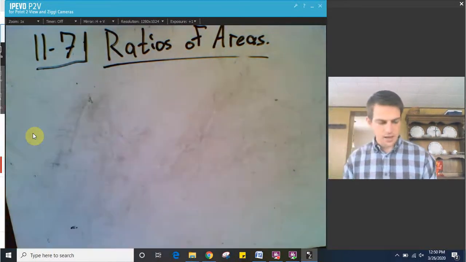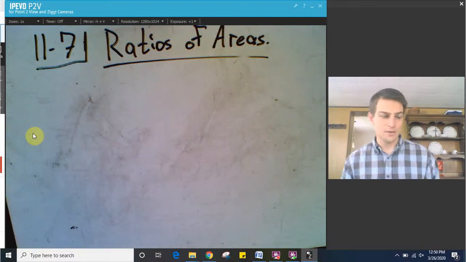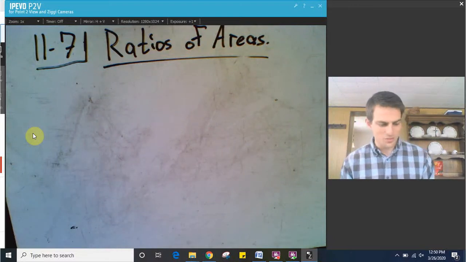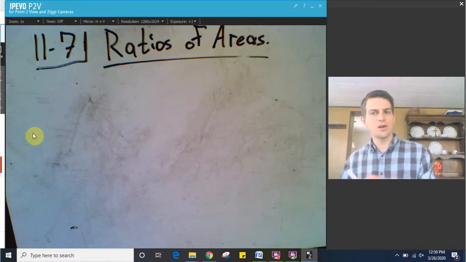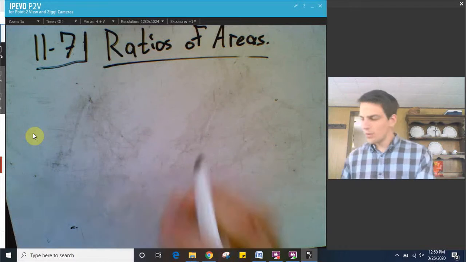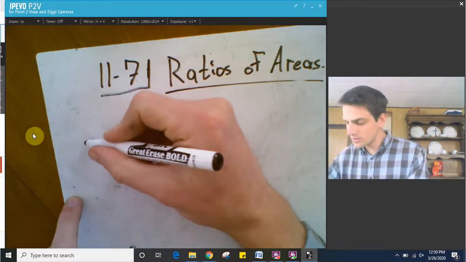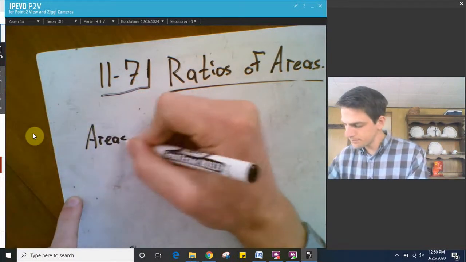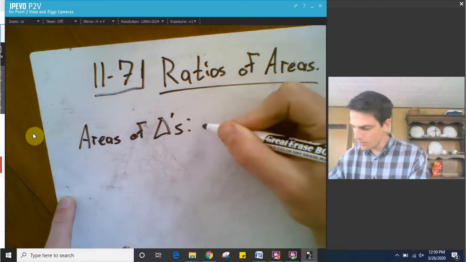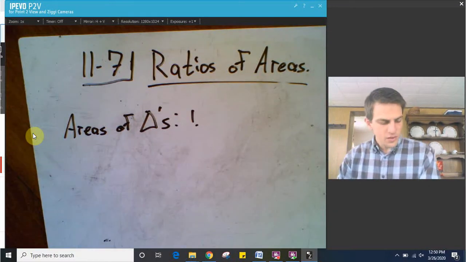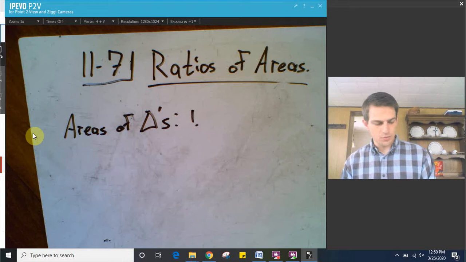I'll just go ahead and give you the purple box information from page 456 in your book. It has some of the information that we just went into and a little bit more. When you're comparing the areas of triangles, these are just some general principles that you should know. The first is that they have the same heights, then the ratio of their bases equals the ratio of their